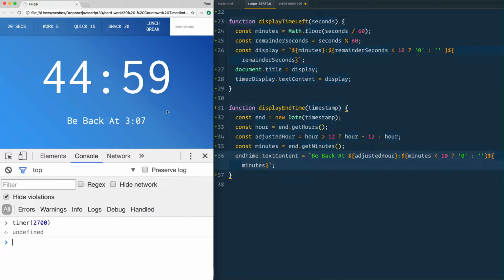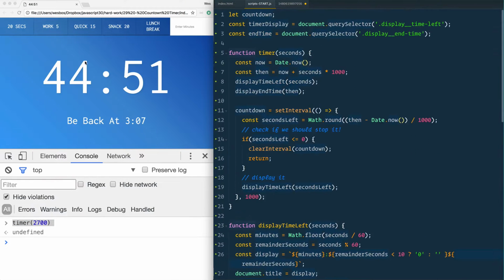Be back at 3:07. Beautiful. Okay, so we've got our timer working. Our function is working. It's updating, displaying, and everything. Last thing that we need to do now is hook it up to all of these different buttons as well